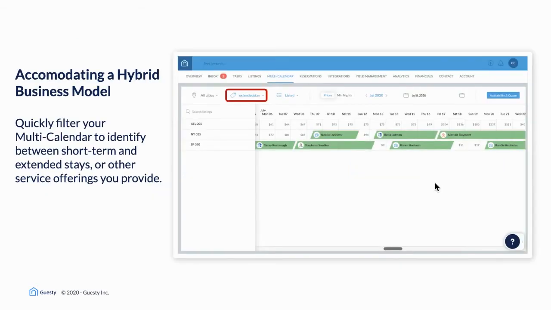Okay, so accommodating hybrid business models is not something that's new to Guesty. Despite Guesty being geared toward short-term rentals and a high volume of turnovers, one of the benefits of Guesty is that our feature set offers customizations that allow businesses to tailor their platform to their operational needs. And the reason for that is we know that no two businesses operate the same, and a lot of our